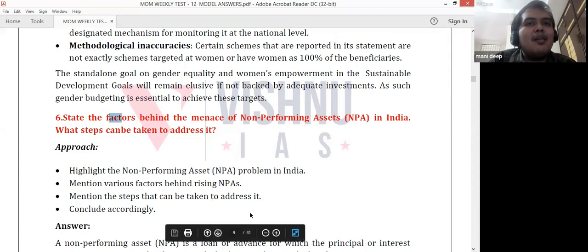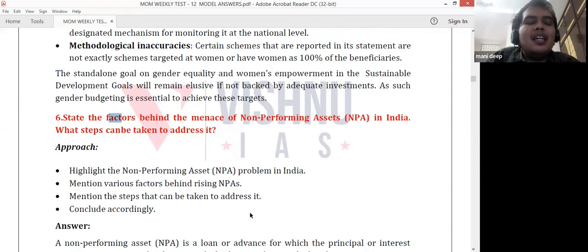Then you can write about what are the factors why there are such NPAs. One factor you can write about is the global financial crisis. Then you can write about inaccuracies even in the banking system. The banking system will give loans to anyone without looking deeply into how they are spending. And third is the politicization of bank boards. Due to politicization of bank boards, there is huge corruption, and also the banks are not giving loans based on objective criteria but on subjective advantages. So these all led to the high level of NPAs.